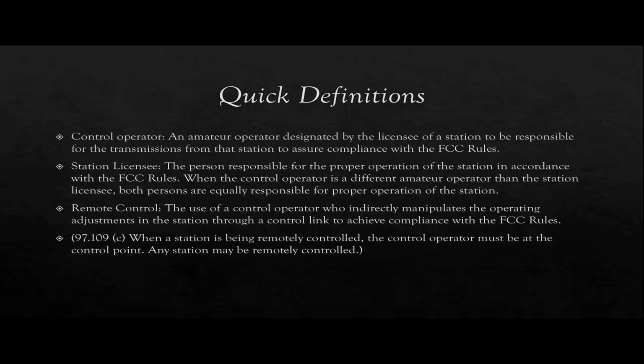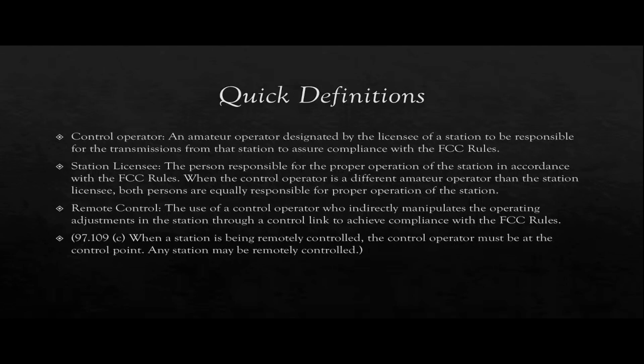We don't really license a station as an amateur radio operator. Some other countries do, where, as an amateur radio operator, you have to have your own license, and then you have to have your actual equipment license, kind of like a car. You need to have the car registered. You need to have your own license proving that you know how to drive a car.